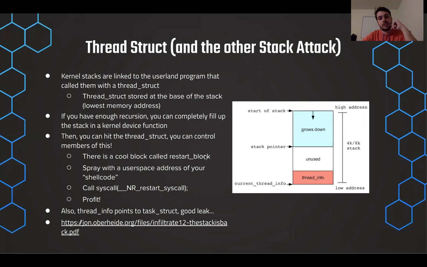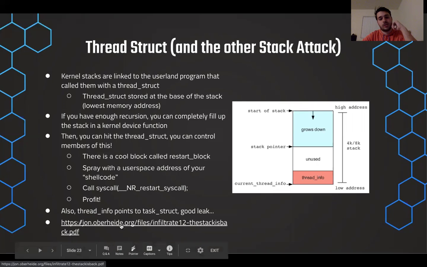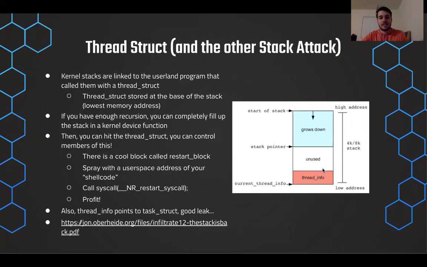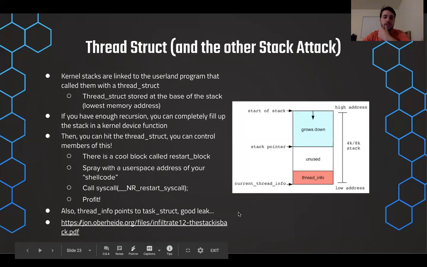And then there's this really interesting block that I found out from this John Oberheide talk. It's old, it's from 2012, but it's new to me. It's called the restart block. Basically, if you fill up this restart block with your function pointer to your shellcode in user space, and then you just call syscall with this __NR_restart_syscall, it'll try to look in your thread struct for your restart block and call the pointer for the actual syscall. But if you fill that pointer with your shellcode, you can just run stuff in user space and then iret and then shell and be root. So that's another really interesting way to